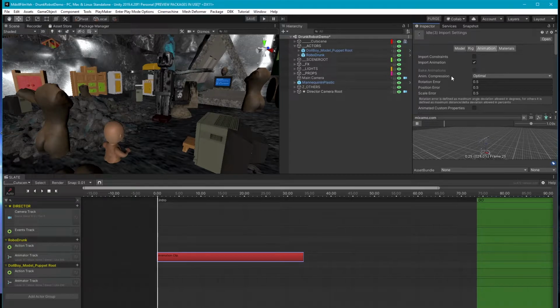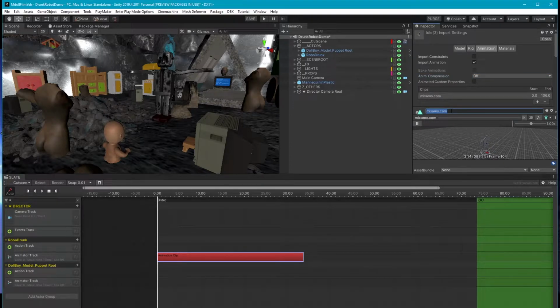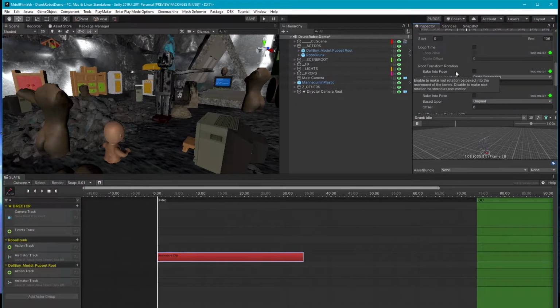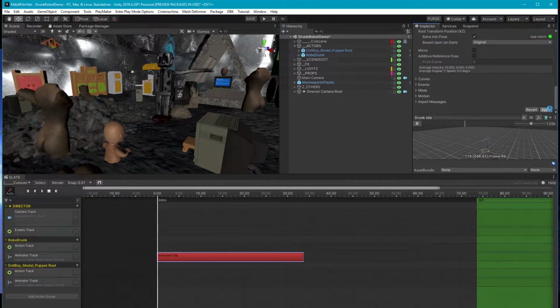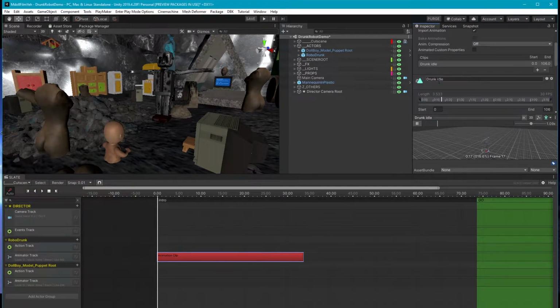But what we want is the animation. So here it is, it's in here. I'm gonna turn this off because we're not making a game, so we don't care about whether it's optimized. We can just say drunk. I guess I should have got a drunk idle, but whatever. We can just say, yeah, loop this, and then I'm gonna change some of this because it works better like this. All right, we're gonna apply this, right? So I named it drunk idle, okay? So now when I go down here,